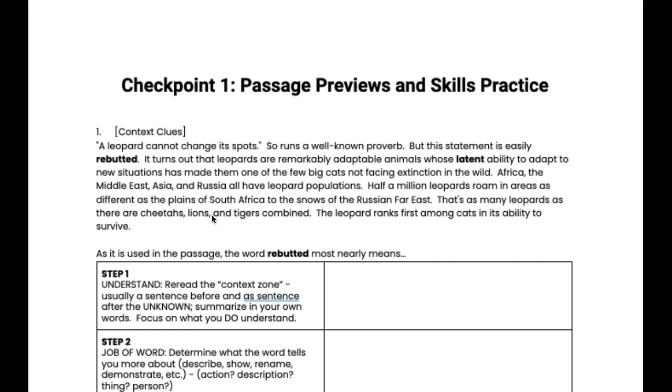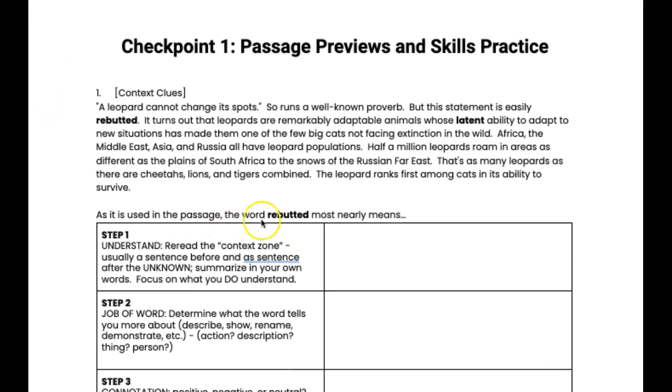So by the time this video is done, we'll have done a context clues process together, a main idea process together, and then you have to do 1 context clues process and 1 main idea process on your own. All right, let's go ahead and get started. So the passages you see here are going to be the same passages you see on the exam. So even if you don't get through this entire study guide, make sure you at least read through the passages.